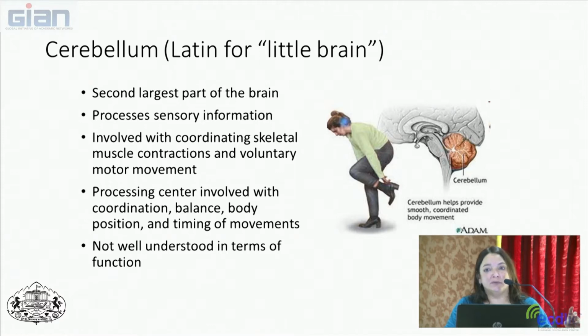One interesting thing about the cerebellum is that it's not well understood in terms of functioning. So it's also another area that's becoming more popular in research, trying to understand what exactly it does in helping us to function. And an interesting thing is a lot of other animals have larger cerebellums than we do. So that's a big reason why it's thought to be involved with movements. So for example, cats have a large cerebellum area, and they're able to do fine motor movements very well. So that's one reason why it's thought to be involved with that.